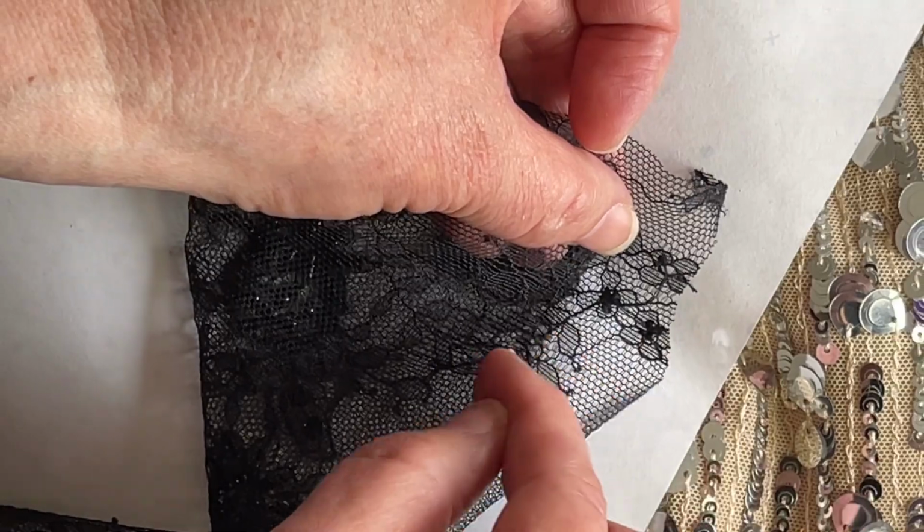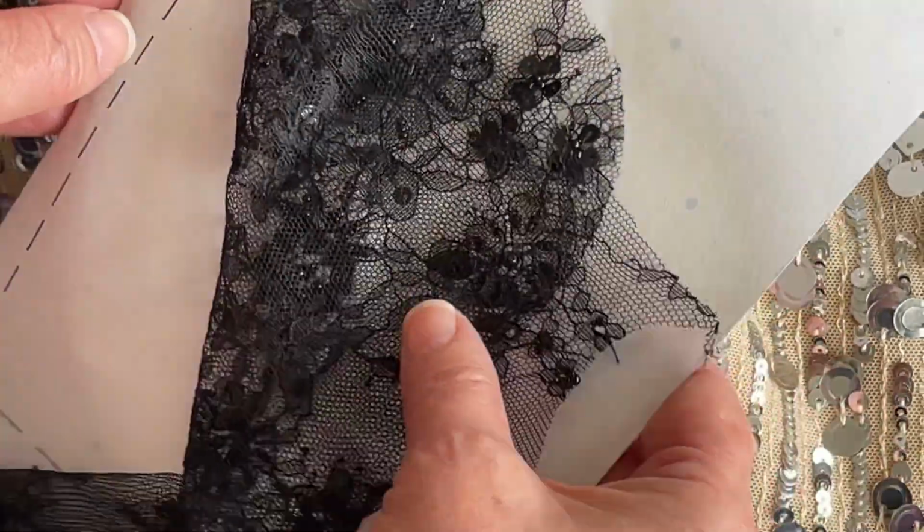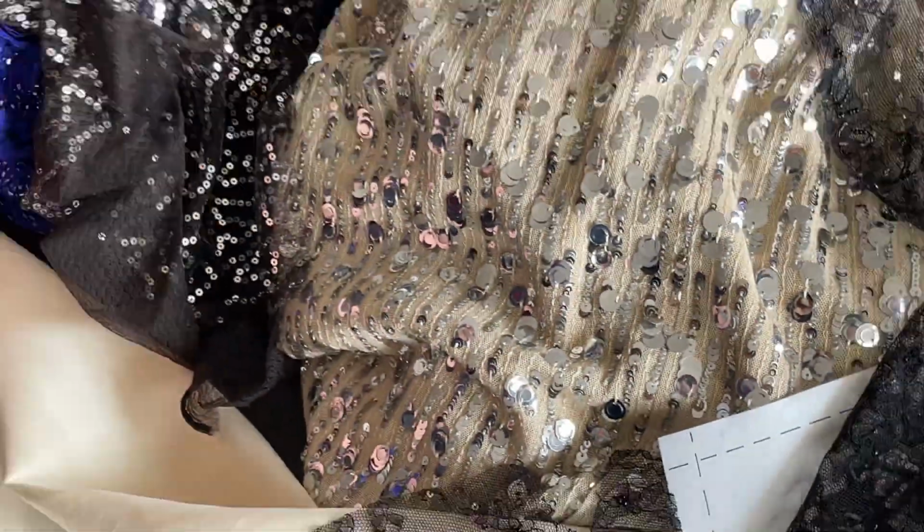So you have to be very careful to re-tie those off. Okay? And then finally,